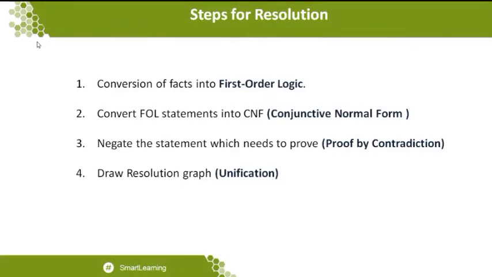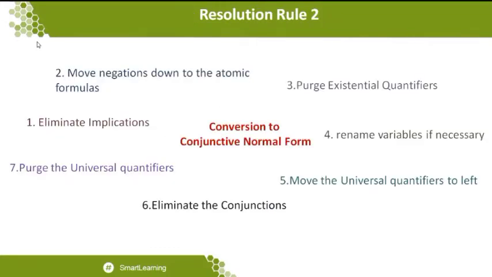And what is rule 2? I have been carrying out rule 2 specifically because it needs more work when you convert a first order logic statement to conjunctive normal form. So what are the internal rules that you want to follow to reach one particular stage before negating the given proof, which we call proof by contradiction? When you convert to conjunctive normal form, number 1 is to eliminate the implication.